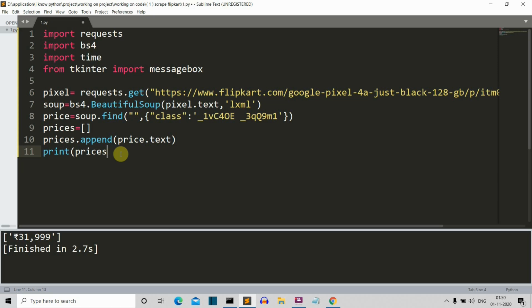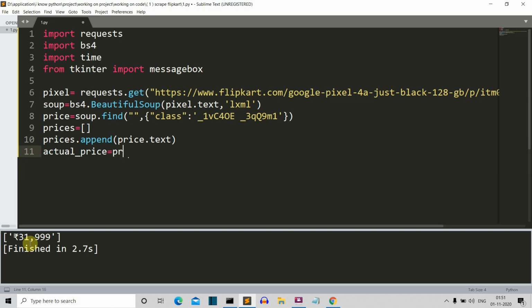So let me remove this. What we'll do is create an actual price variable. I'm doing these things in total layman format because I want to make sure that things are very simple so that it is easily understandable. We know that this list has only one element, and the first element is the price itself. So we'll save this price, which is inside a list in string format, inside this actual price variable.